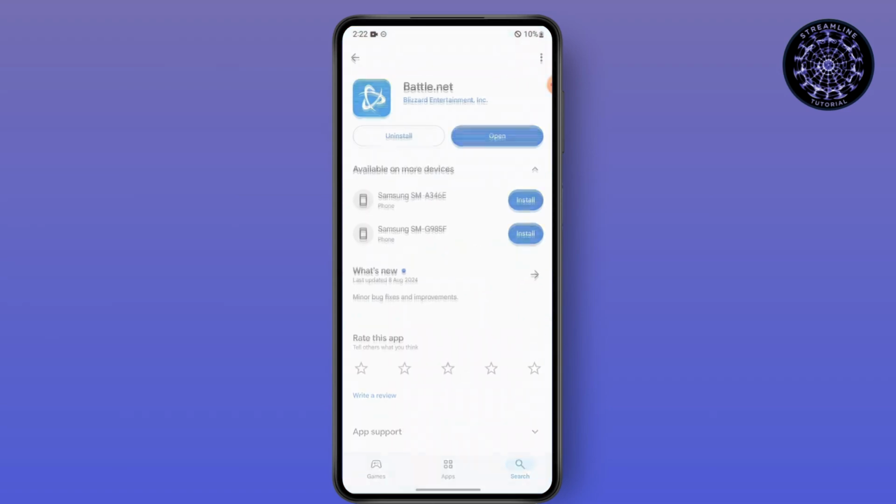Next step is to make sure whether you have the latest version of battle.net or not. To do so, go to Play Store and search for battle.net. If there is an update button instead of this open button, simply tap the update button and get the latest